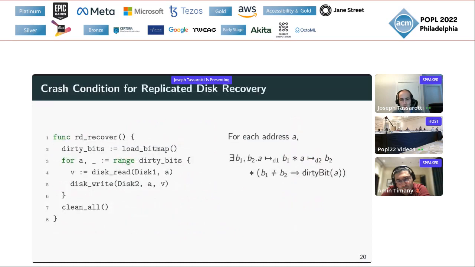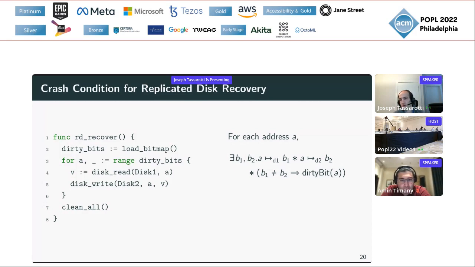Okay, so let's look at an example of that in the case of our replicated disk recovery. What we're going to assume as a precondition is a big separating conjunction iterated over each address on our disks. For each address, we're going to say that there's some block contents stored for that address on the two disks.